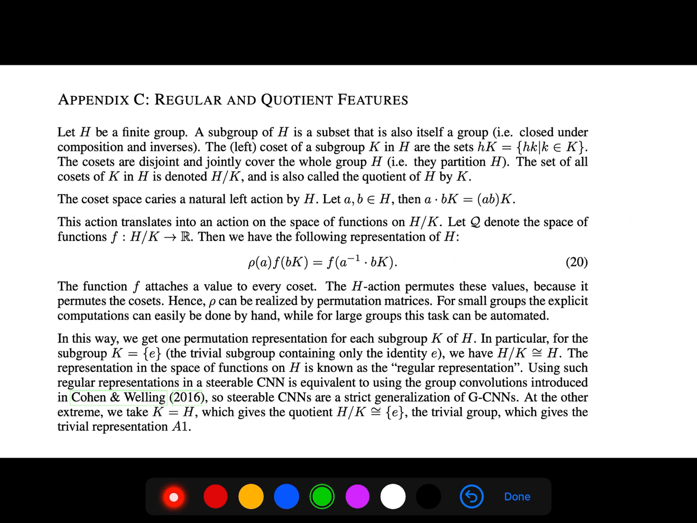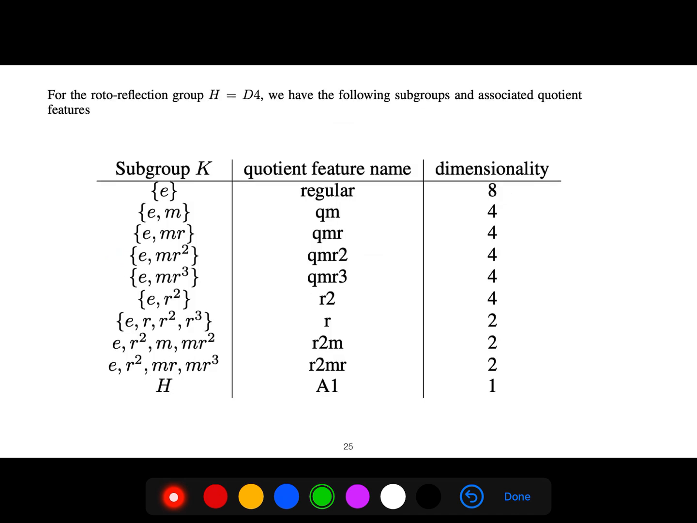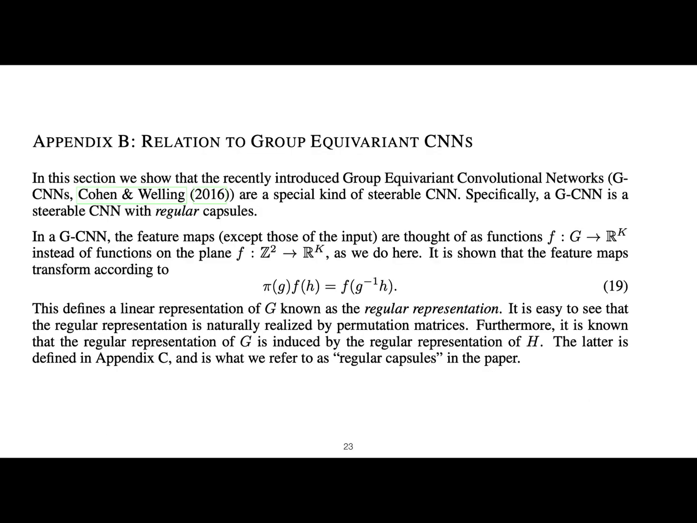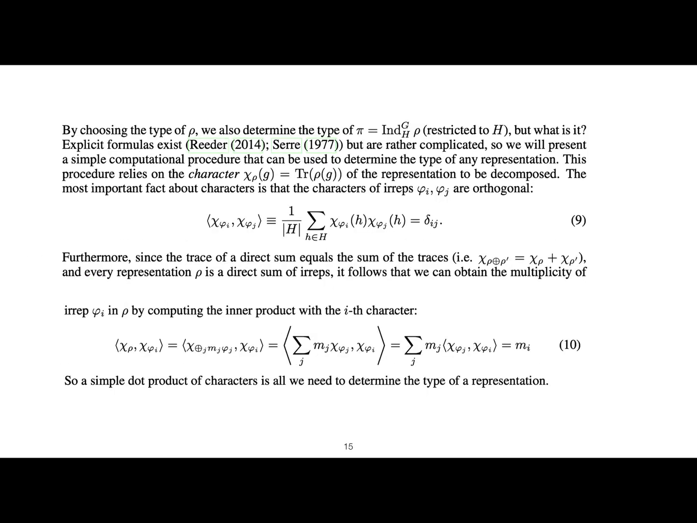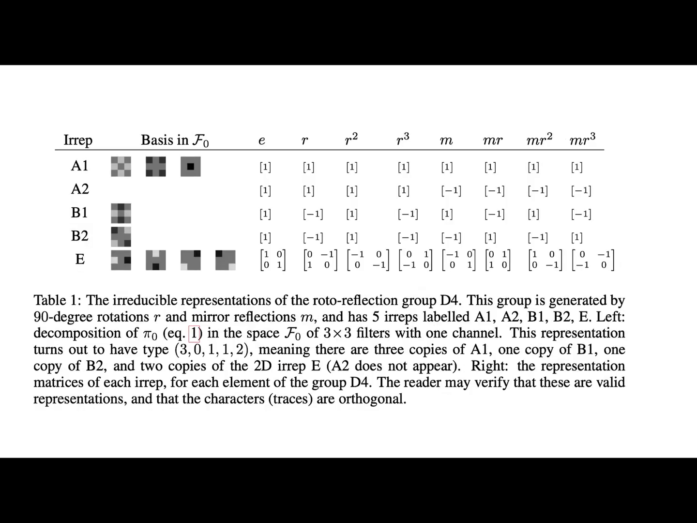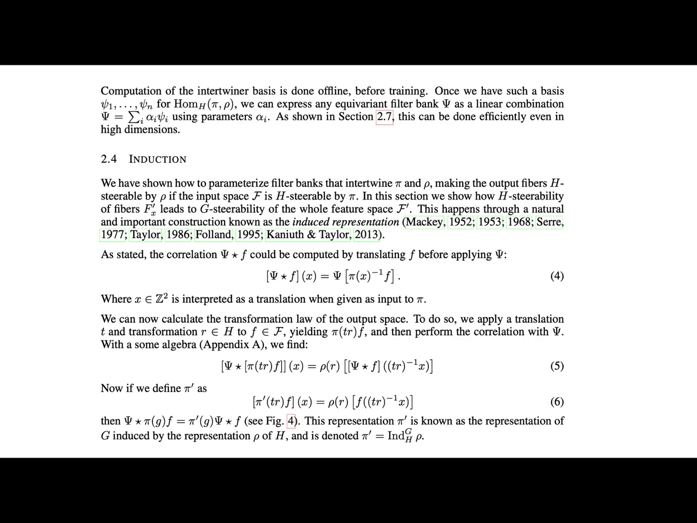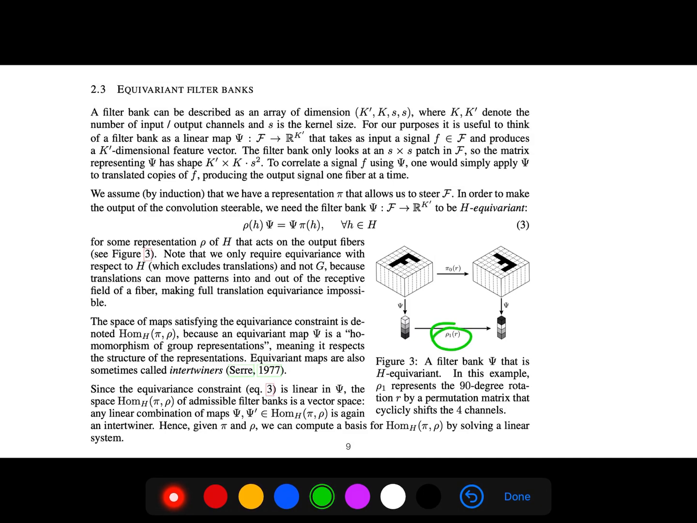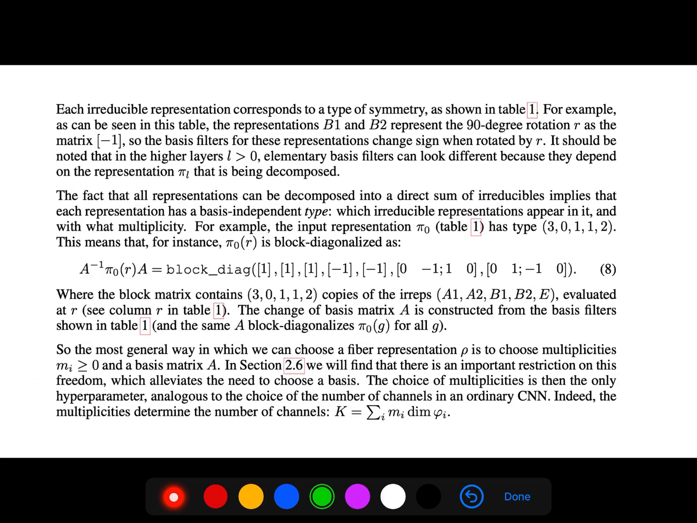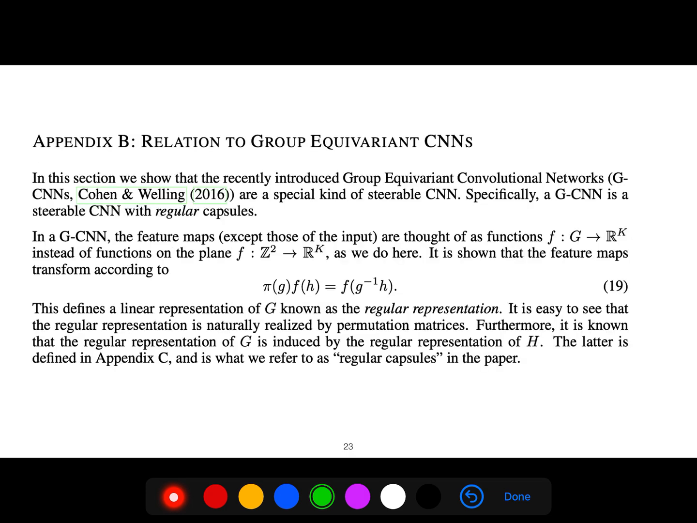This coset space carries a natural left action by H, and this allows you to create this quotient space. So the H action permutes these values because it permutes cosets. So rho can be realized by permutation matrices. You saw there that we had rho. That rho is permutation matrices. It was here, in this slide. So if you just permute it, that's why we are talking about these H representations. We decompose them